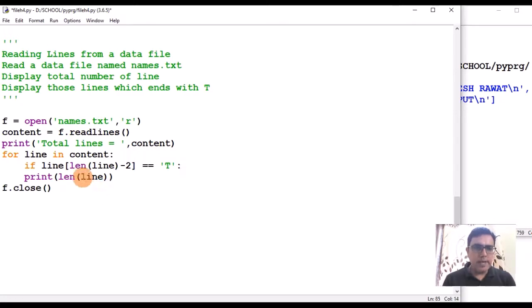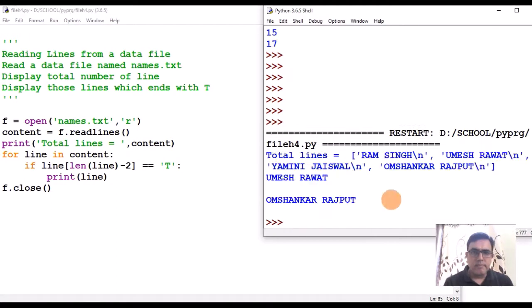Then it has to print that line. Let us see whether it works or not. It has worked. It is displaying Umesh Rawat \n and Om Shankar Rajput \n. That means it is displaying the lines which end with T.